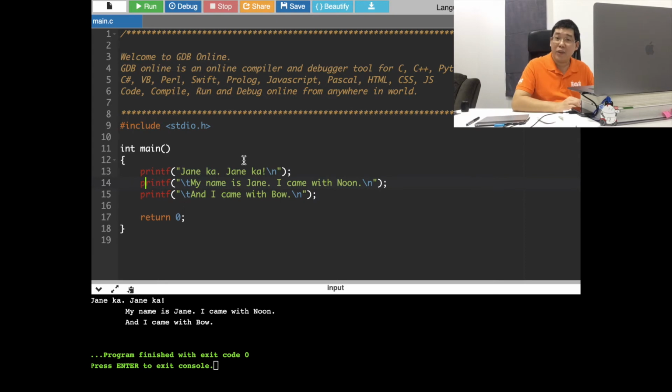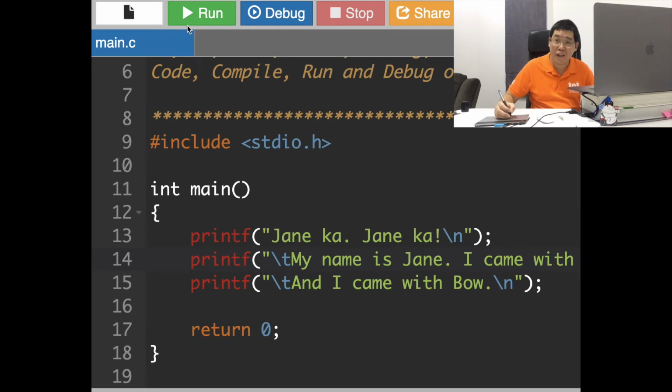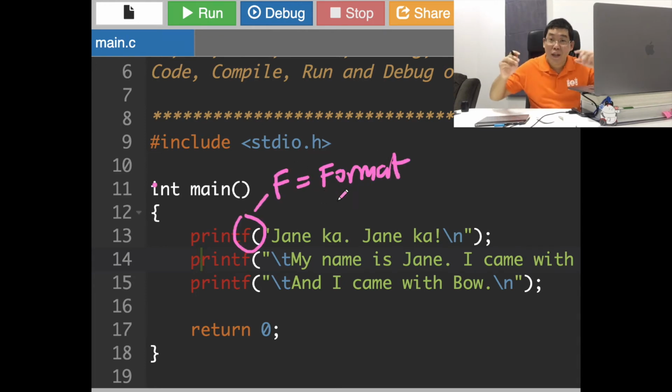Let's talk a little bit about the printf command. You probably know what print means already. Print just means to print something on the screen. But what does f mean? F here means format. It means print with a format. What kind of format? A format may be like put the number here, put the string here, put a floating point here, or put a tab and a new line here and there. We are not using any of those features of the printf command yet,